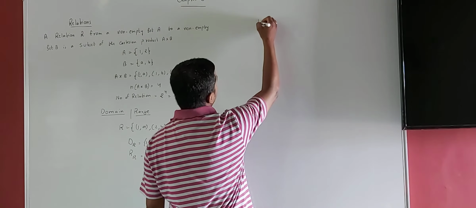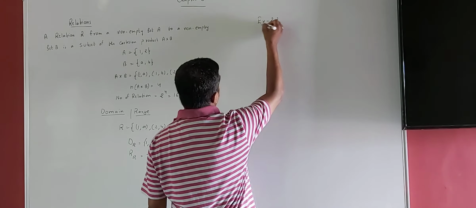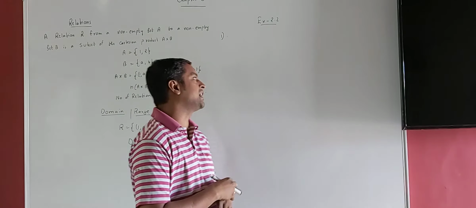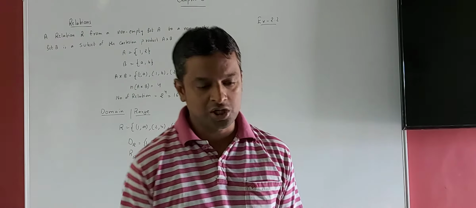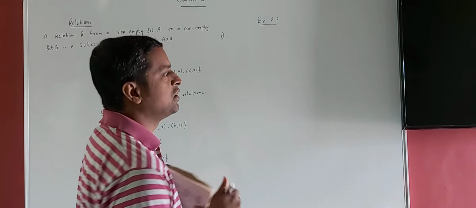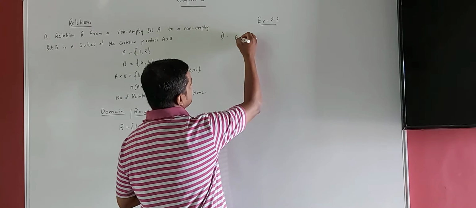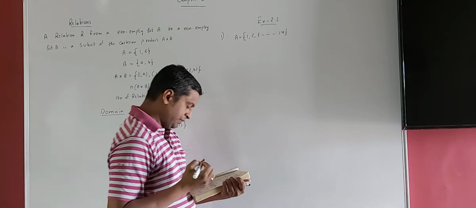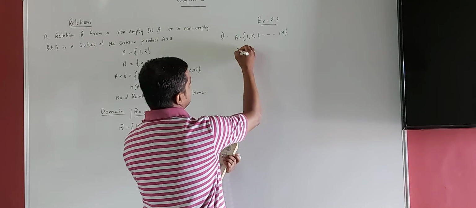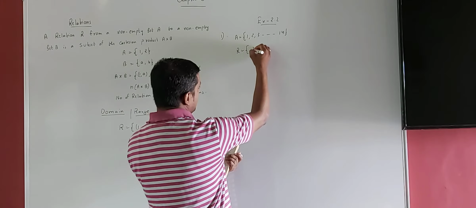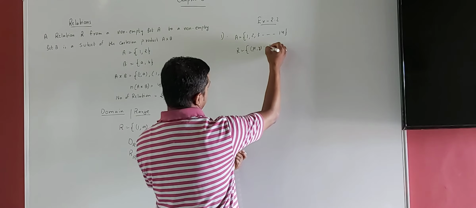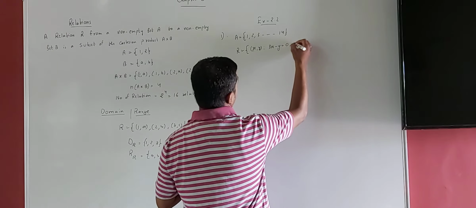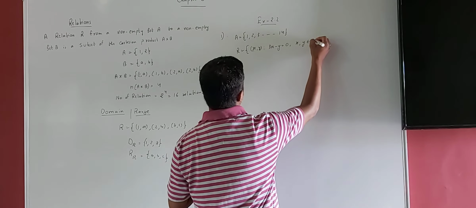So here I am solving one question of exercise 2.2, question number 1. See this question. And the rest you try to solve, all are the same. Wherever doubt is there, you can ask me. So the question is: let A be a set having elements 1 to 14. See here, A is a set having elements 1, 2, 3 up to 14, and the relation R is defined as R = {(x, y) : 3x - y = 0}, where x and y both come from set A.